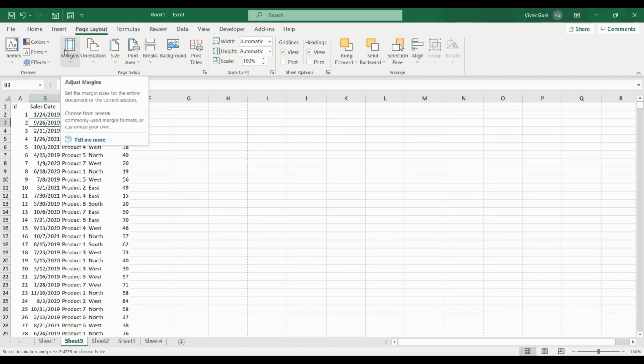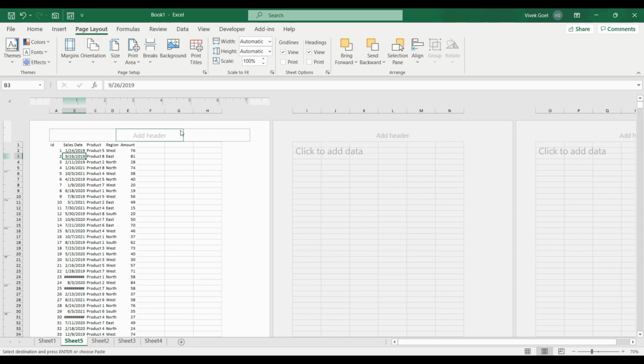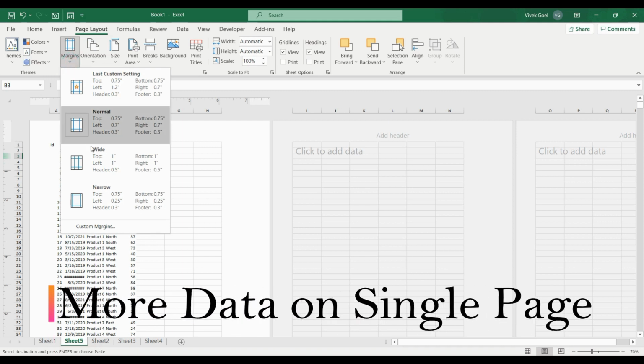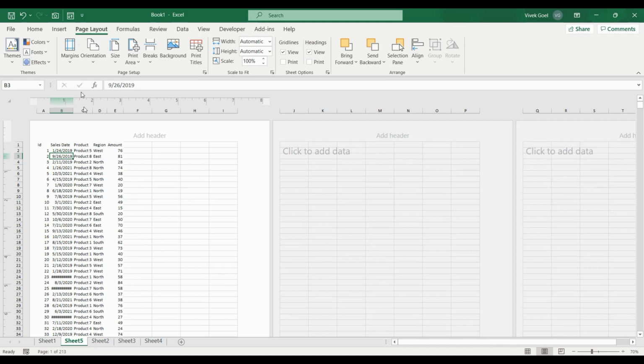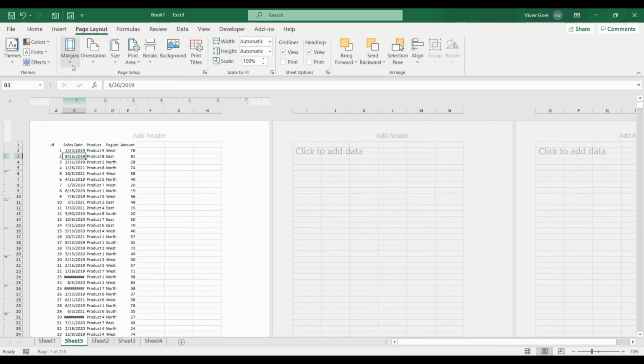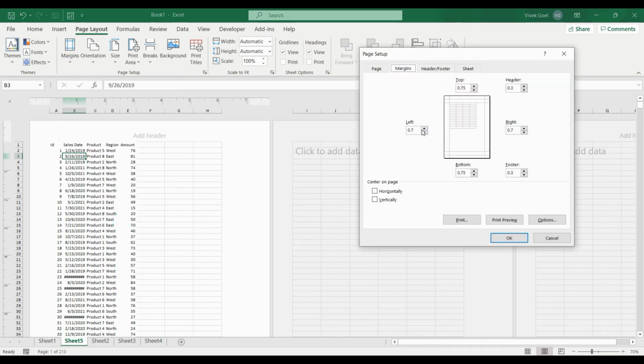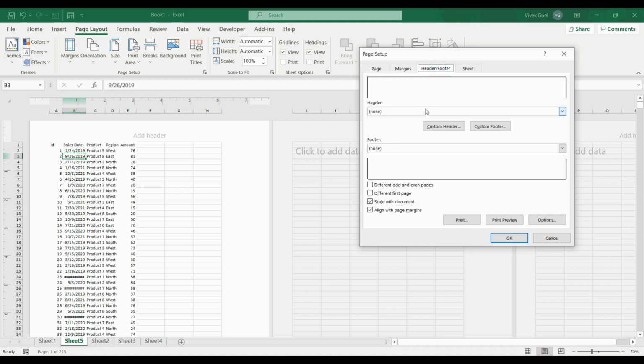Now let's move on to the next one, which is margin. For that, we will click on page layout to see how our Excel sheet is going to look if we decide to print it out. We will have these margins at the top, bottom, left and right. We can decide to increase or decrease these margins by choosing wide or narrow respectively. We can provide a custom margin as well. If we choose, we can also add a header and footer to our printouts.